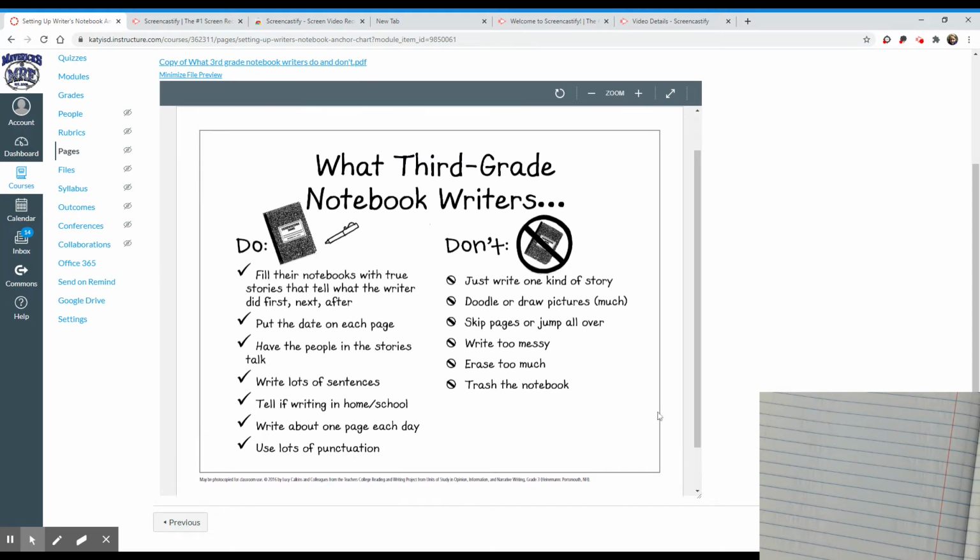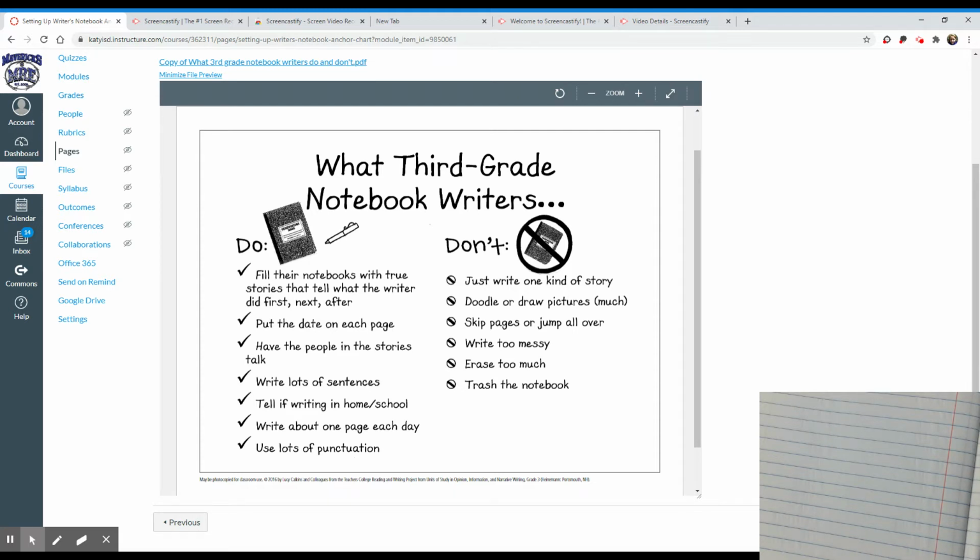Something I just want to point out to you is to please make sure that your notebook has true stories. A lot of our writing is going to be real life, whether you're teaching me real life things or you're writing about your life. It's kind of like a journal. It's so important that you put your date on each page so that you know when you wrote that. Guys, it's so neat to hold on to these and look at it later to see what you wrote